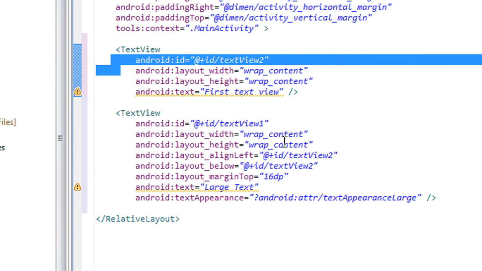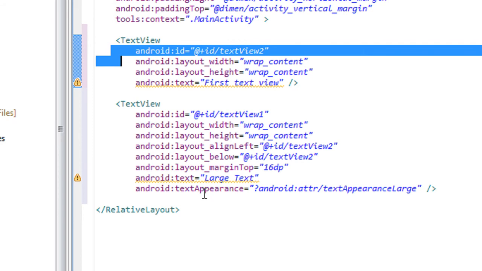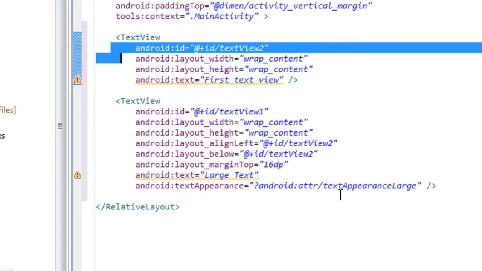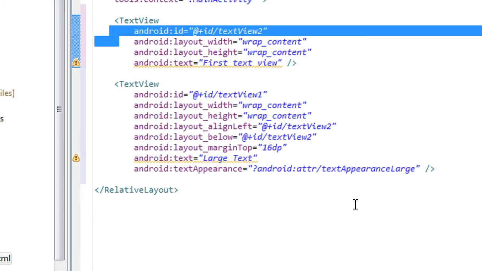Now here the width is wrap content and the height is wrap content. It is aligned left to text view 2 and it is below text view 2, and the left margin is 60 density pixels. The text is a large text, and here is the text appearance. It appears as a large text.